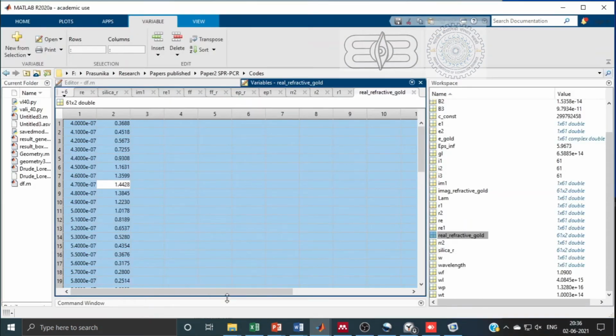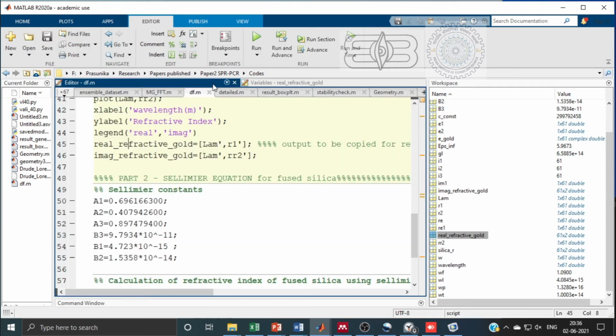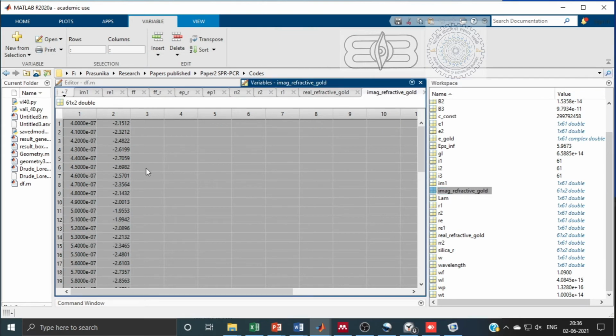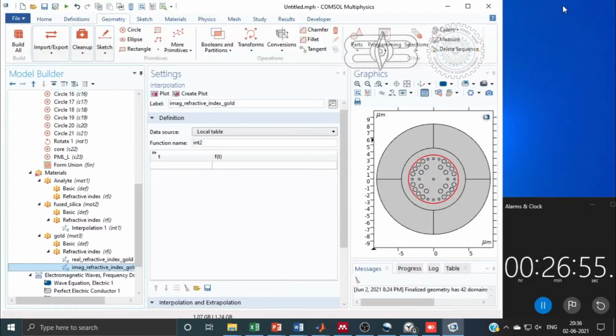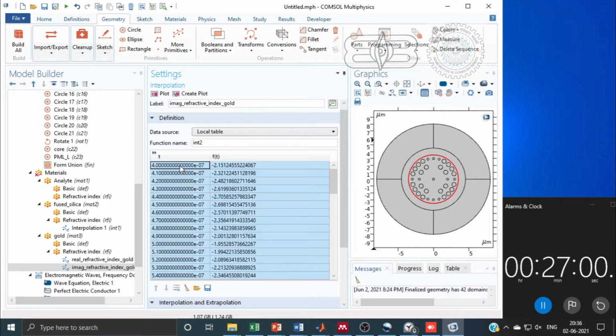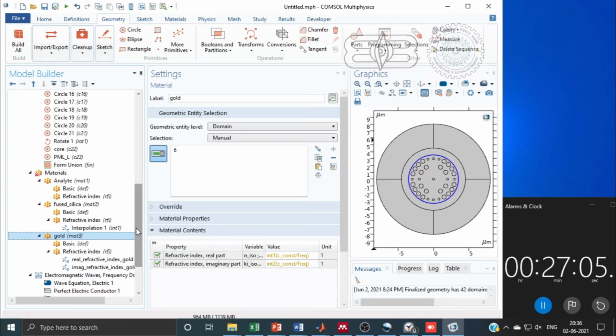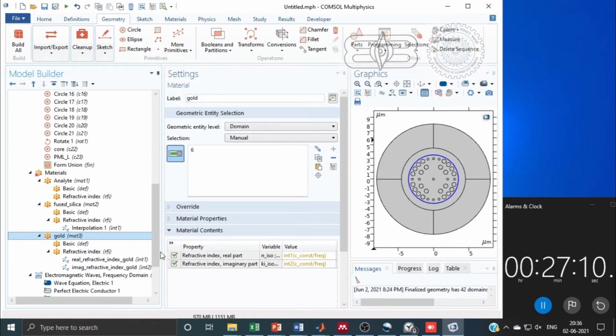Similarly we will copy and paste there. I will provide this data sheet along with this video, so that you can directly import it. These are the real part and imaginary part of the refractive index of gold. So we will go to the imaginary part of the refractive index of gold, copy it, and paste it in this window